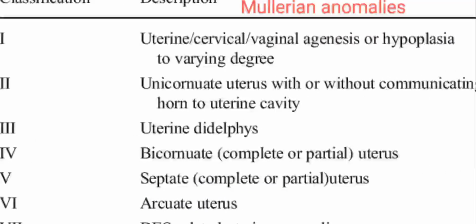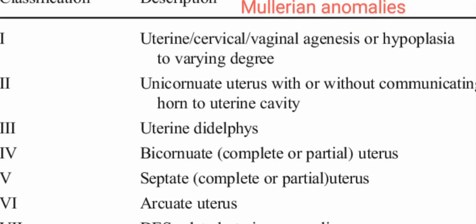Then we have Mullerian anomalies. In Mullerian anomalies, we need to remember the classes, what class it is. Okay, first one is Mullerian agenesis. First one is that nothing is generated. There is nothing remnant, nothing from the products of the Mullerian ducts: uterine, cervical or vaginal agenesis or hypoplasia to varying degrees. Hypoplasia or agenesis. Second is